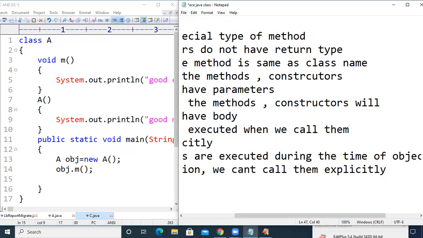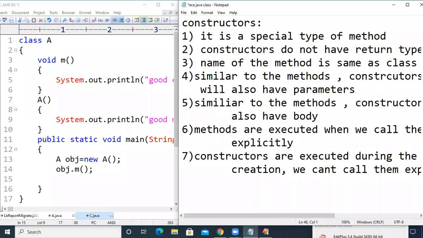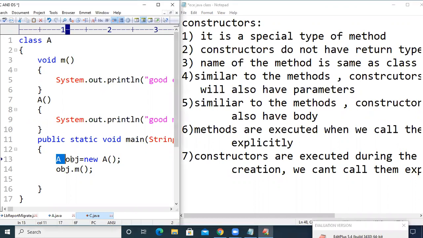Whenever we write this statement, the meaning of this statement is we are going to create an object for class A. Whenever this statement gets executed, immediately the Java compiler is going to execute the constructor which was present in class A.